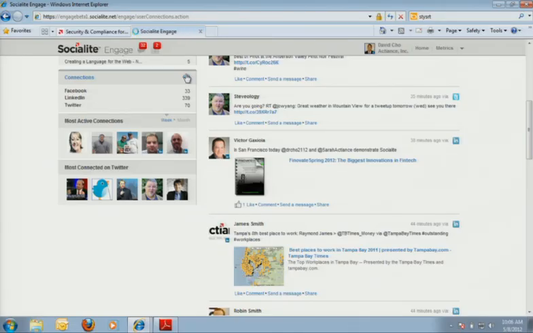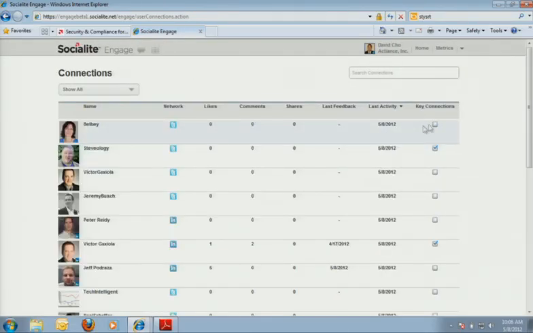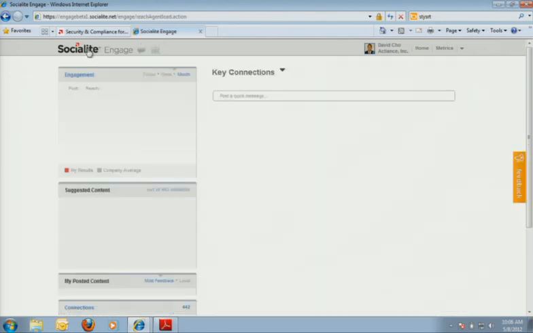Now, you can't possibly hope to keep a track of all of the folks that you follow on Twitter, that you're connected to on LinkedIn, and you're friends with on Facebook. So at Actiance, we've created the concept of key connections, because not all of those connections are created equal. So Actiance allows you, the user, not the system, to select who is of particular importance to you at a point in time. And it allows you to focus on those individually. And you can change who those key connections are immediately. They don't have to be the same today as they are tomorrow.